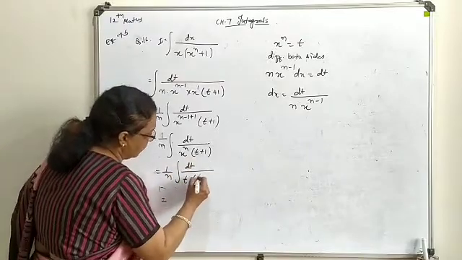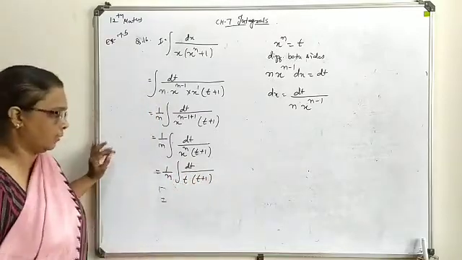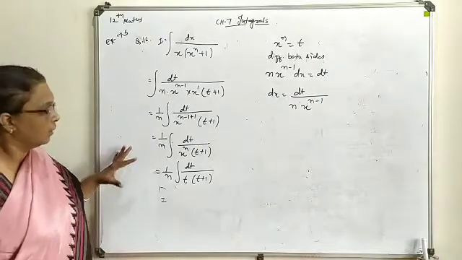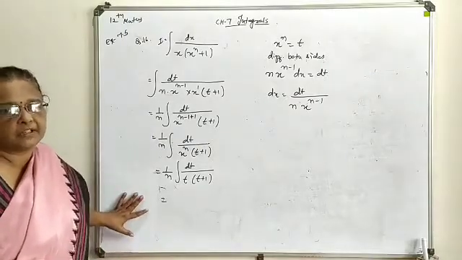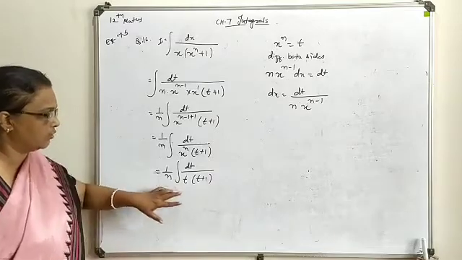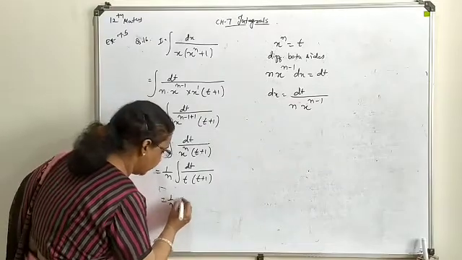This is your t. This is t plus 1. Now we have converted the question into a linear combination. Now this you can handle directly from the question frame, or it can proceed by partial fraction. Here I am going to arrange this directly. How is it possible? This is your 1 upon n.